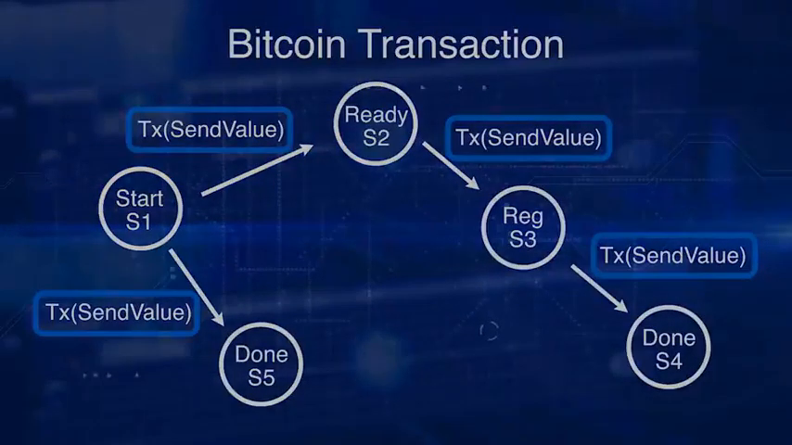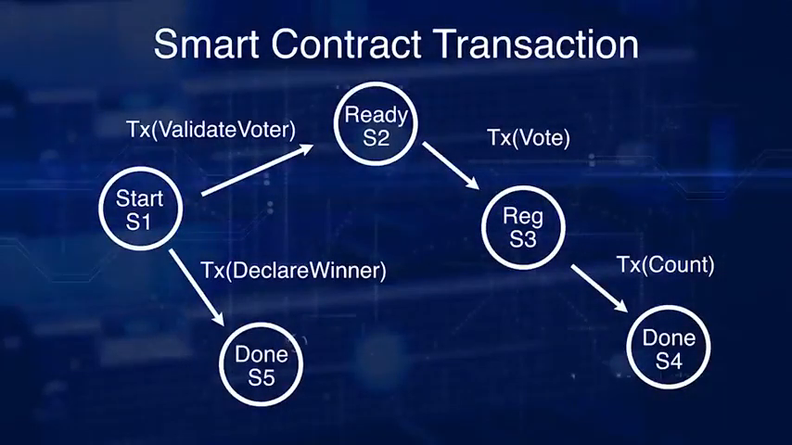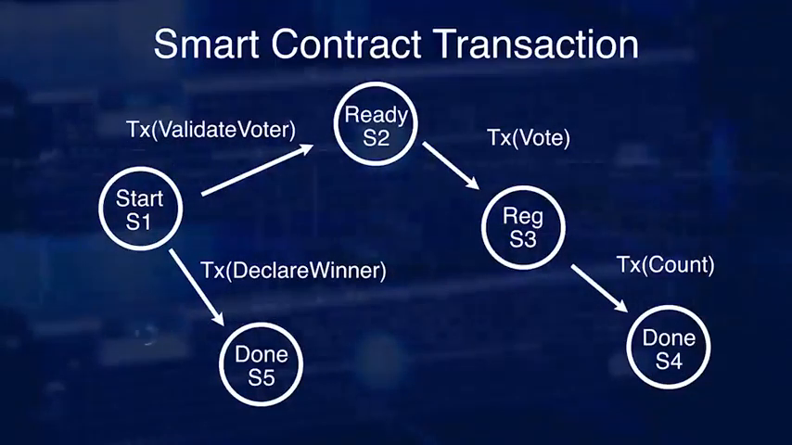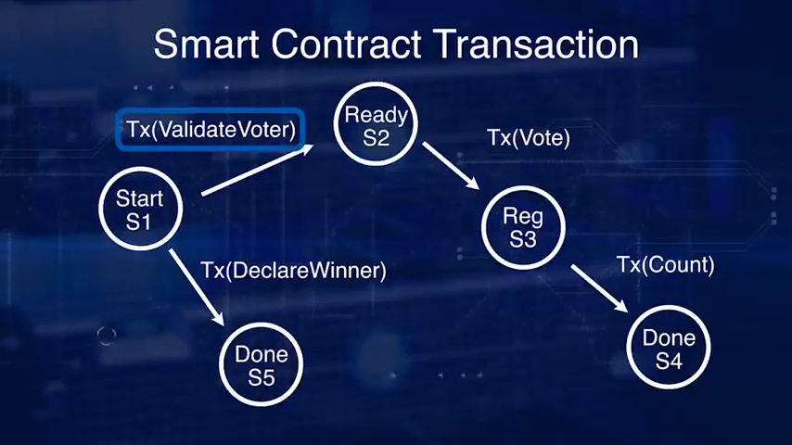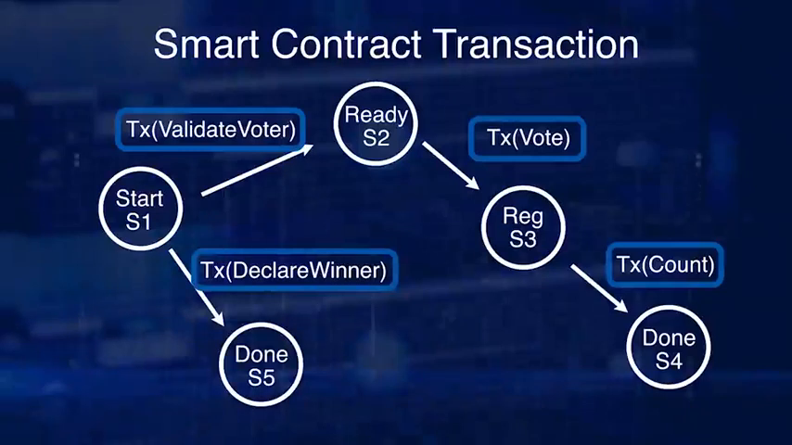In the case of a blockchain that supports a smart contract, a transaction could embed a function implemented by a smart contract. Here we have a voting smart contract. The functions are validate voter, vote, count, declare winner. Smart contract provides a layer of computational logic that can be executed on the blockchain, thus availing the features enabled